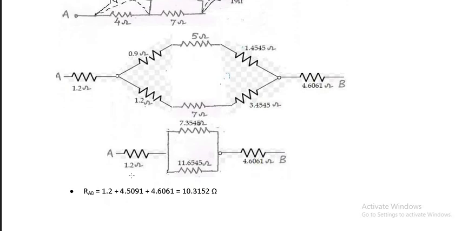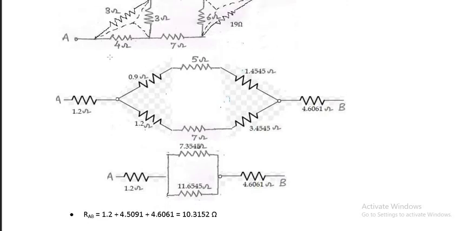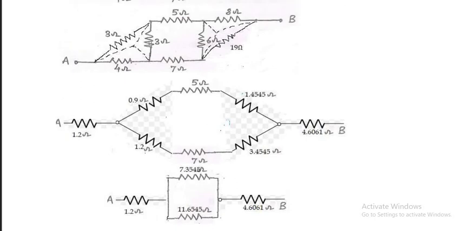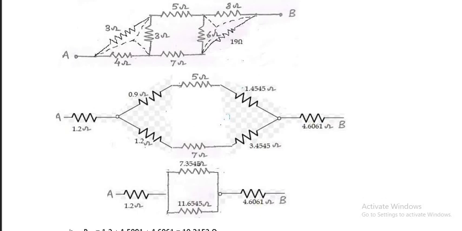So it becomes this value will be 3 into 4 upon 3 plus 4 plus 3, product of neighbors upon the sum. Again this will be 4 into 3 upon 4 plus 3 plus 3, product of neighbors upon the sum. Again this will be 3 into 3 upon 3 plus 4 plus 3, again product upon the sum. Again this 5 and 7 remain the same. Over here this will be 8 into 6 upon 8 plus 6 plus 19. This will be 16 into 9 upon 8 plus 19 plus 6.